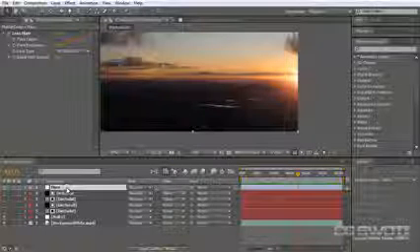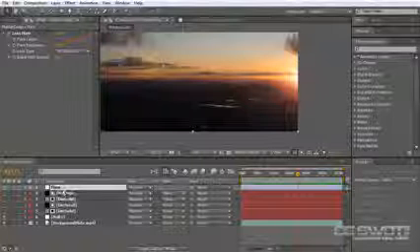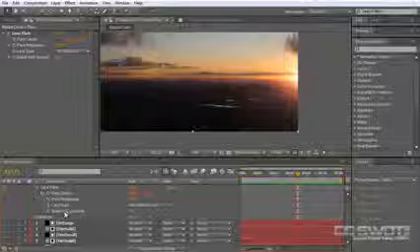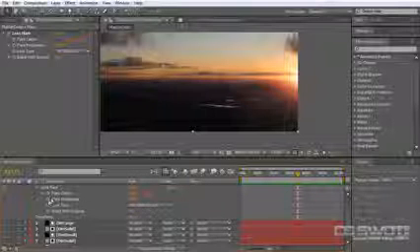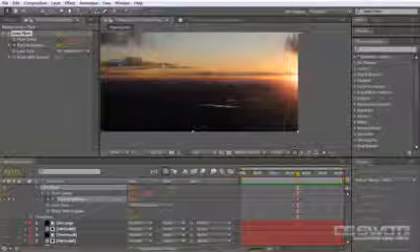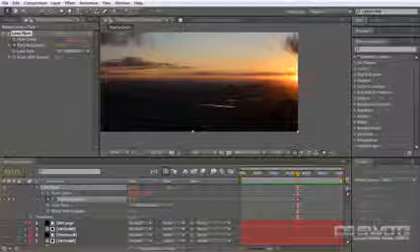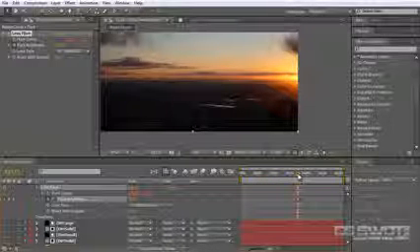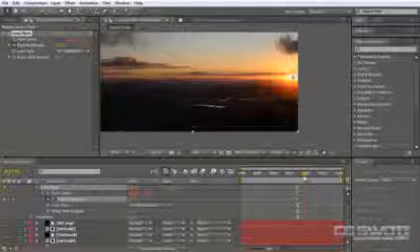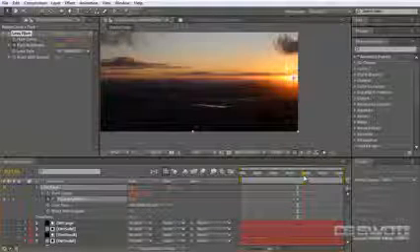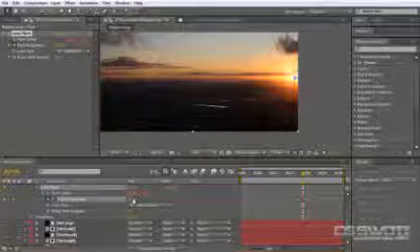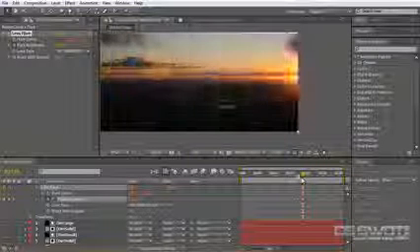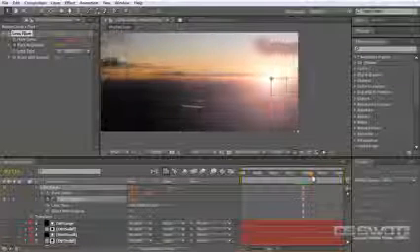So the values I want to animate is for the flare, just toggle this up a little bit, for the lens flare it's actually the flare brightness. So I'm going to click on a keyframe there, and I'm going to ramp it down to around about, let's say 20%, and then come across until the sun is in shot, which is about here, and then I'm going to ramp it up to get the effect that I'm looking for, something like that. And you'll see there that it pops on and we're getting a nice